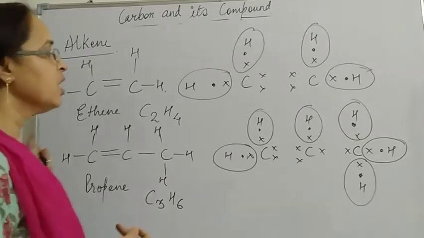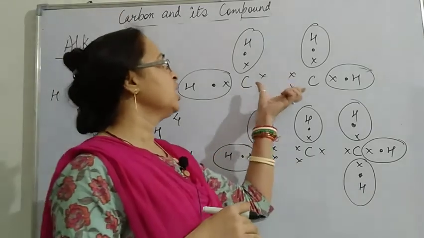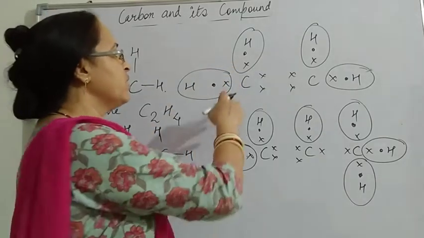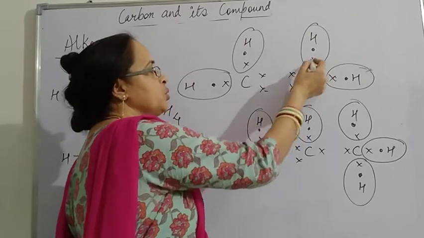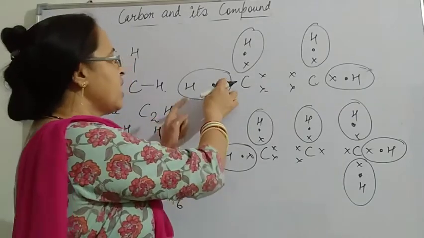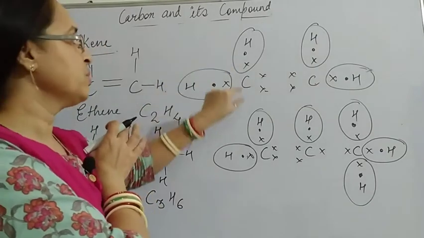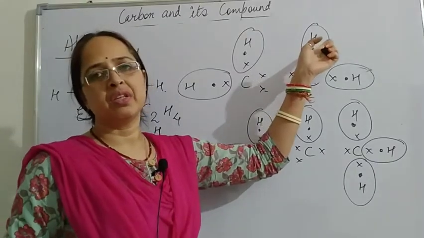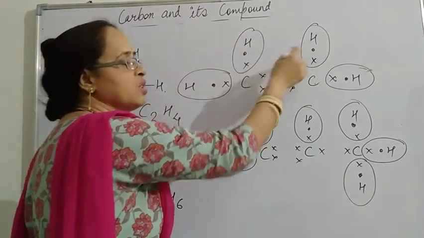Now when we talk about the electron dot structure, in the same manner we write down two carbons, and first of all we have to fulfill the valency of the carbon: 1, 2, 3, 4. Then for this carbon 1, 2, 3, 4. In this way the valency of carbon is fulfilled. Now this carbon is covalently bonding with hydrogen, and over here another hydrogen. That means one carbon is bonding with two hydrogens, and over here also one carbon is bonding with the other two hydrogens. In this way the hydrogen first shell is completed, that is with 2 electrons.